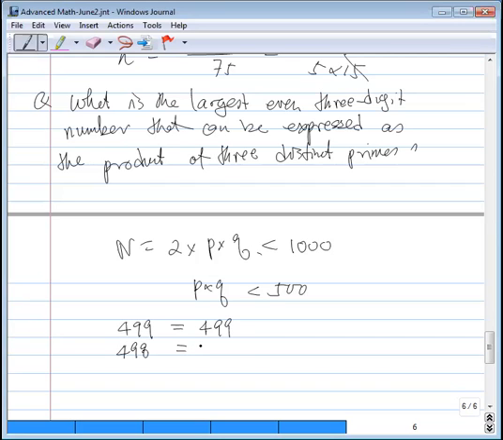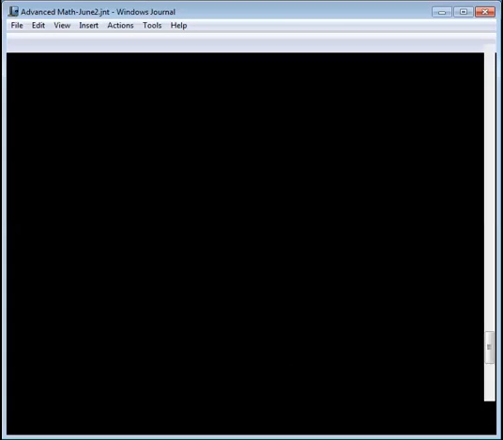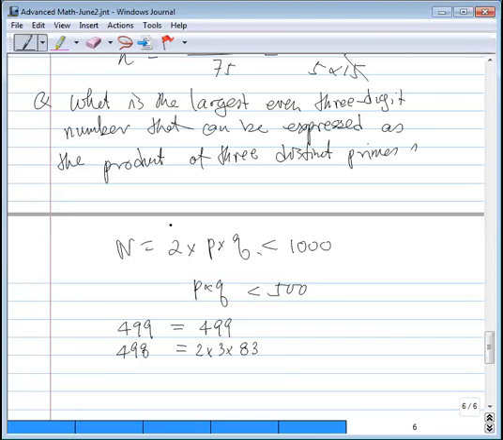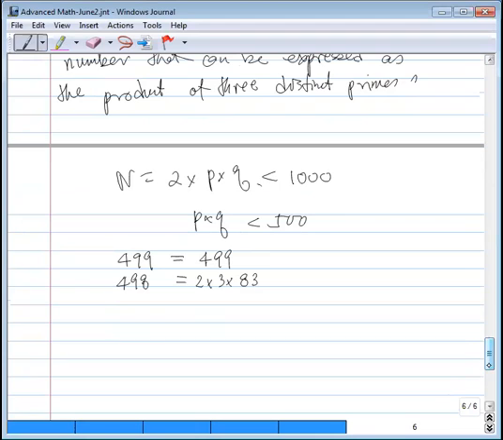498. We are lucky. Now 498 is an even number. So when you multiply by 2, you will get at least 3 factors there. So that's impossible. I need 2 factors. So it cannot be. I need 2 factors, and then the next one is